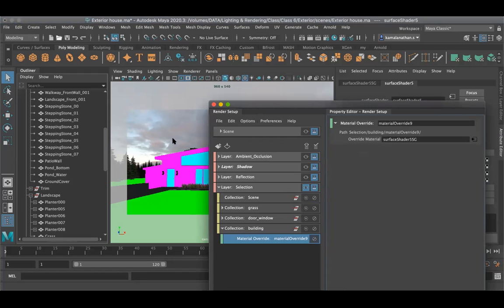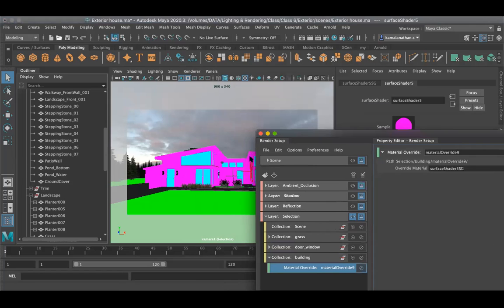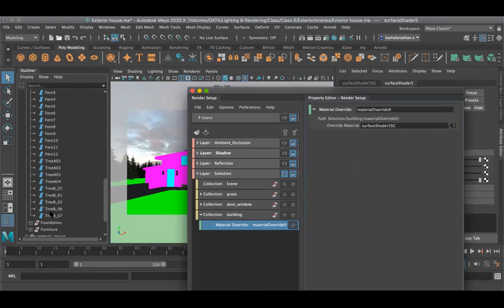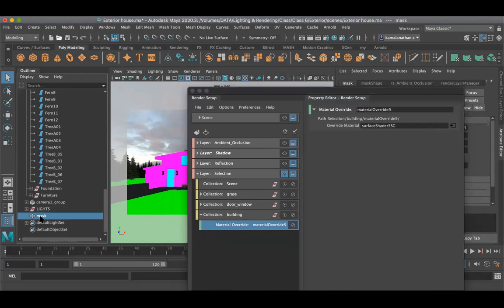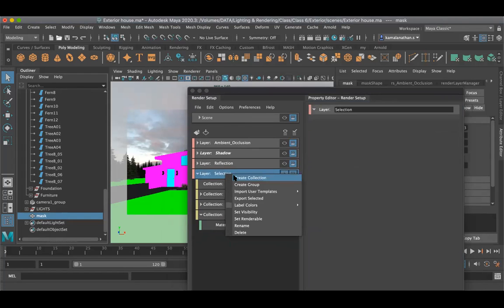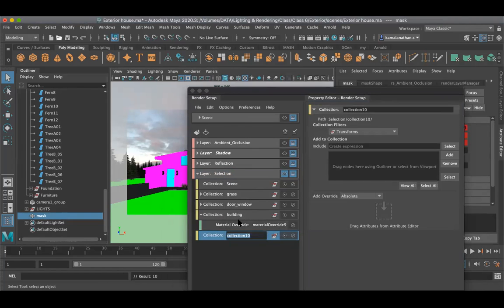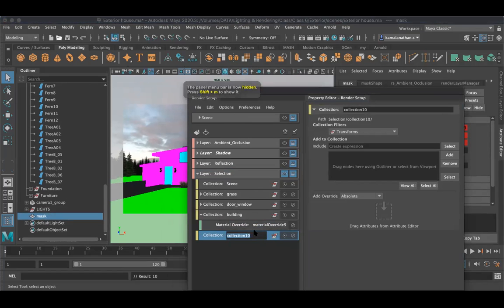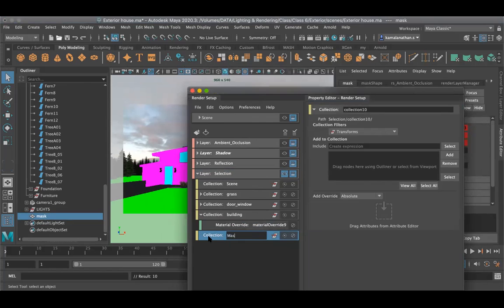Now once it is done, you can see that I can see the background as a sky. I don't want to see it as a sky. You remember, we have created a mask, the plane in the background, for the previous one, remember? So the same thing, I want to create a mask here, and just drag the mask and drop over here.